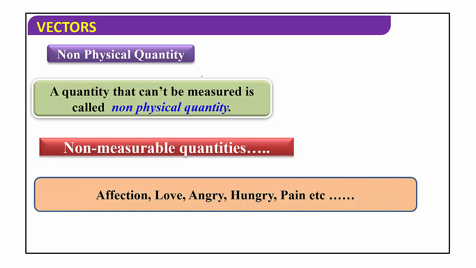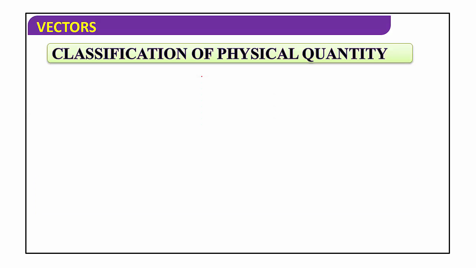For example, affection, love, angry, hungry, pain. So these are non-measurable quantities. Is it possible to measure the affection? Is it possible to measure how much you are hungry? No, it is not possible to measure. So these are called non-physical quantities. Yes, now